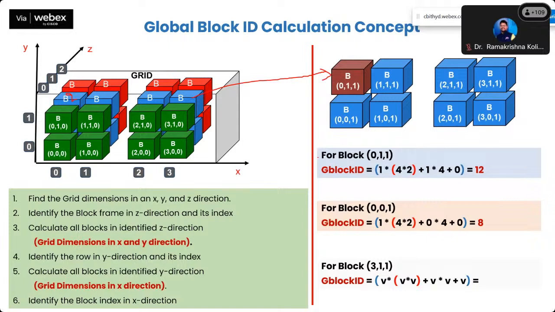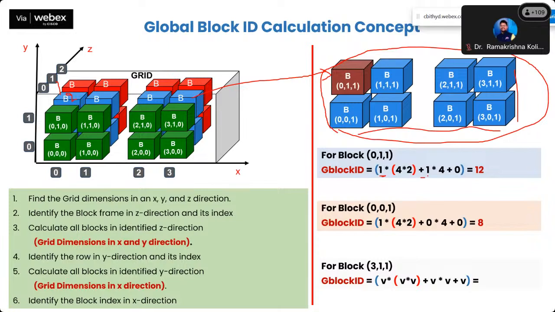So how can you find it? First I have to find the index value in the z direction. The z direction index is 1. So I will write 1 here, and then multiply by the dimensions. How many blocks are there in this particular plane? In the x direction it is 4, and in the y direction it is 2. So it is multiplied by 4 into 2, and then I have to add